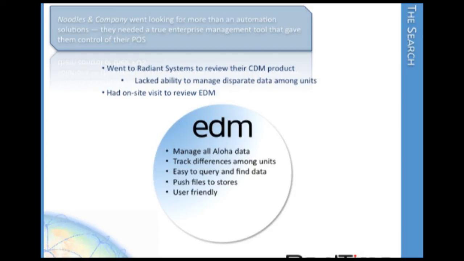If I click on a menu item and want to change the price, when I highlight that price and go to edit that, it shows me that current price based on the stores that I've selected, and if there's any differences, I can also see which stores have different pricing right from the form that I used to make the changes. You were able to manage all of your Aloha data directly from there, track the differences among units, and